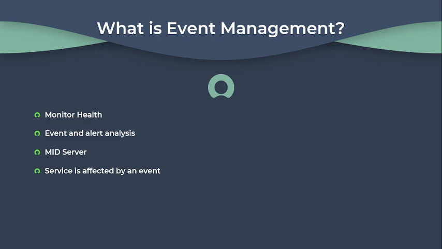Event management together with operational intelligence helps shared services organizations centralize IT operations by delivering a single pane of glass of business service health and solve problems much faster. The benefits are reduction of mean time to repair, identification of root cause, increase in existing tools' value, and improvement in service availability. So these are the different benefits of event management.